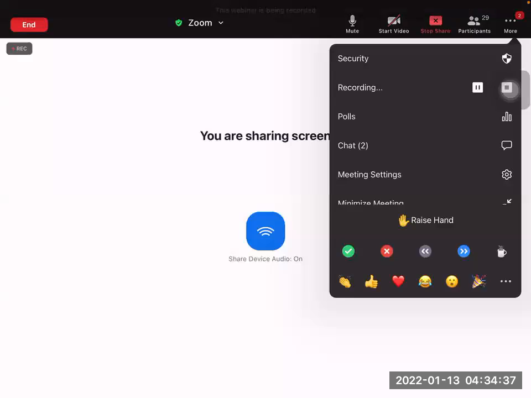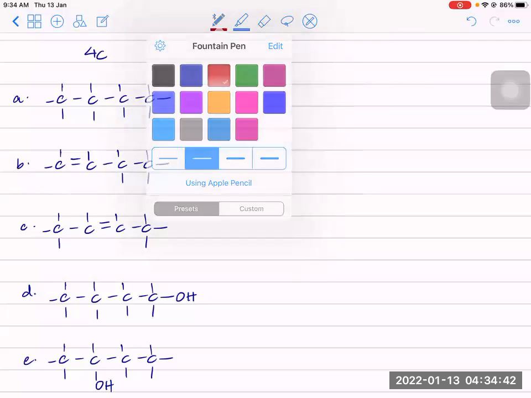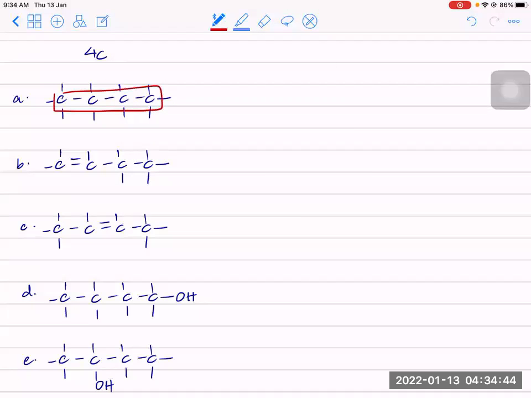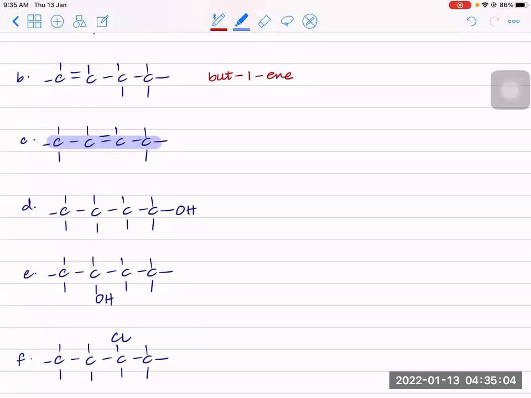So let's go over the naming of these 4 carbon compounds. This right here is a 4 carbon alkane. So we will call this what? Butane. This right here is a 4 carbon alkene. We will call this what? But-1-ene, because you have this chain and the double bond is between carbon 1 and 2. Then this right here has the alkene between carbon 2 and 3. So you pick the smaller number. Between 2 and 3, we will call this